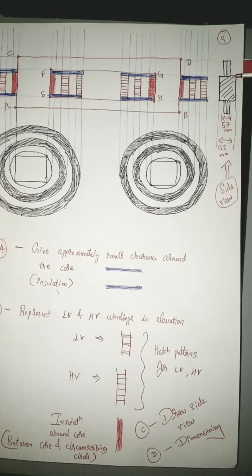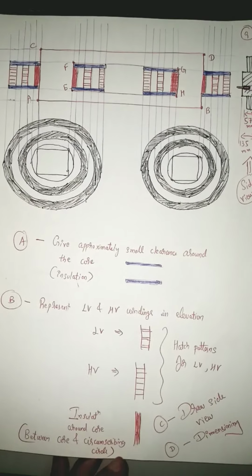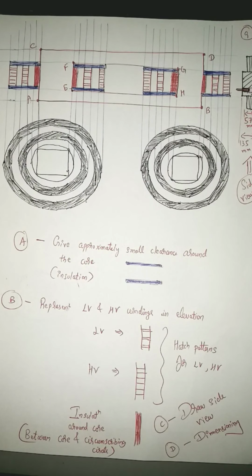Then coming to this section, the width of this particular winding will be 135 mm, because the overall outer dimension from this end to this end is 135 mm. So if you see from the side, the extreme end width will be 135 mm. So this finishes the side view. We have completed plan, elevation and side view. Once this is done, represent the dimensions for the entire sketch. That finishes the problem. Next we'll move on to problem number 3.